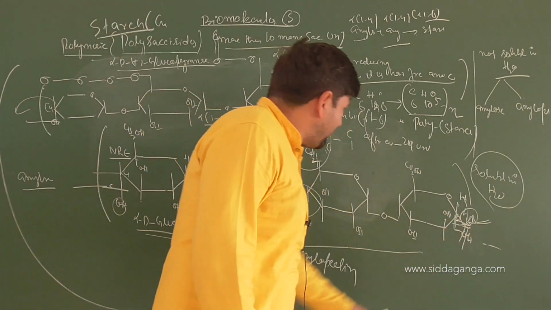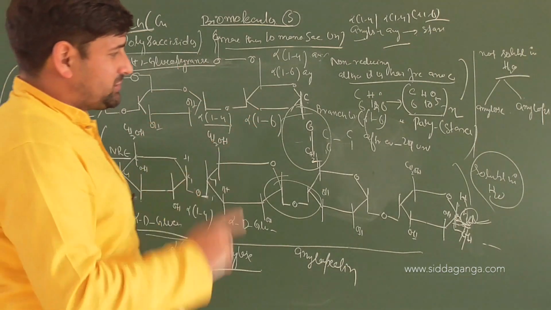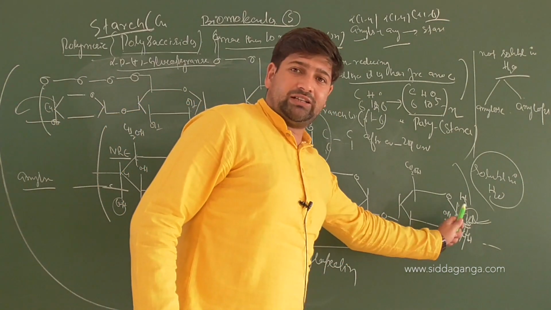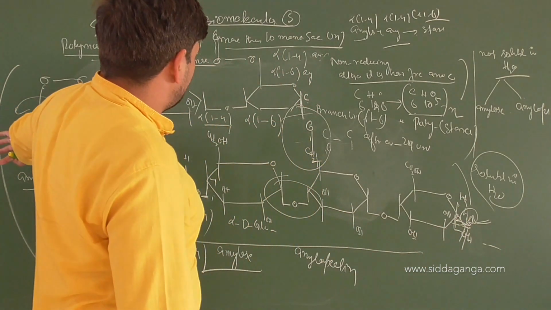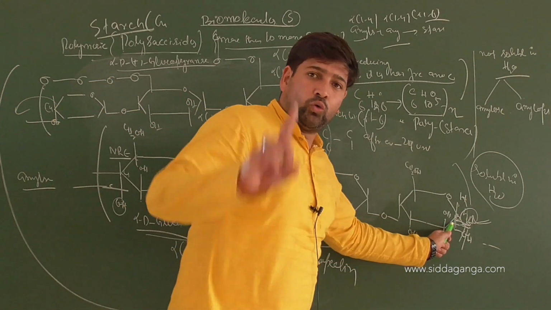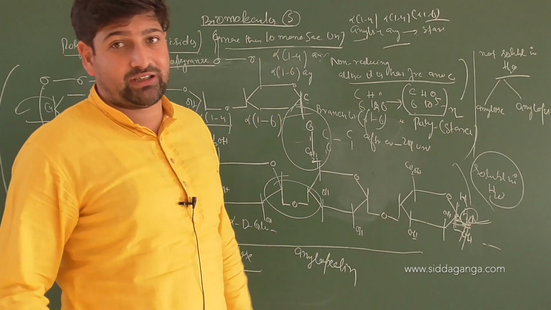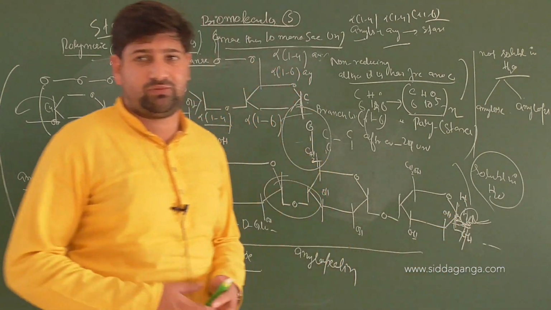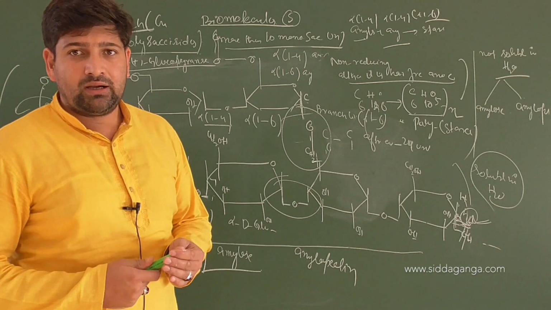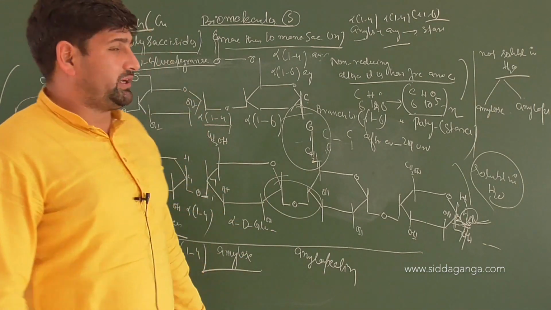In the whole molecule, there will be many branches coming out. You will always find only one hemiacetal carbon remaining, because you will have lots of 4 ends remaining free, but only one end, and one end of the glucose is the anomeric carbon, where the reaction actually comes into play, where the system can open up and show reactions. Clear with the basic postulate here? Right. So this is the basic structure of what?